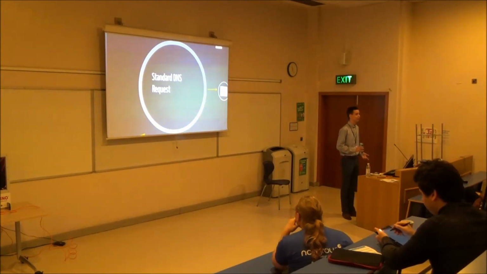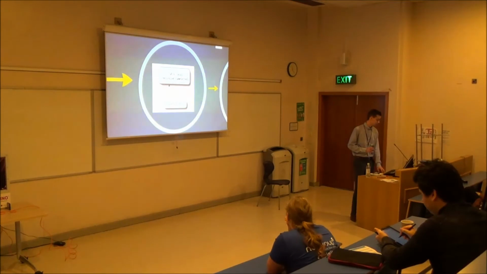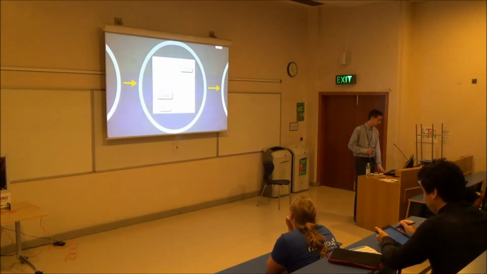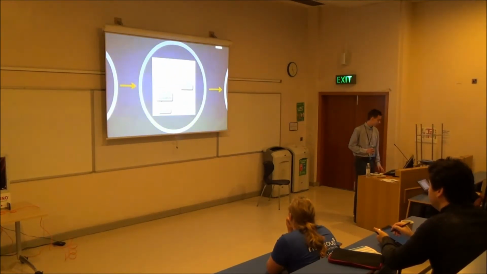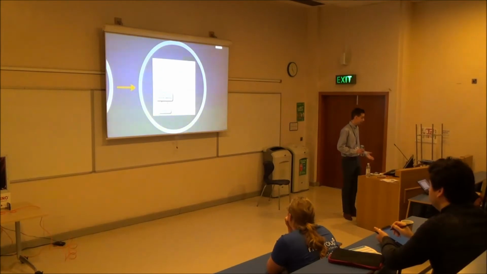Okay, so let's step through your standard DNS request. First of all, you have your user PC going, oh, what's the IP for google.com? It sends a request up to the root servers, which say, oh, no, I'm not authoritative for that, I'll refer you to the next server. It goes to the next one, which says, oh, I'm not authoritative for that, but I think I know who it might be. Send along the line, it keeps going until it finds one that does, and says, yes, I'm authoritative for that. Here's the IP address, and it sends it back to the recursive name server,